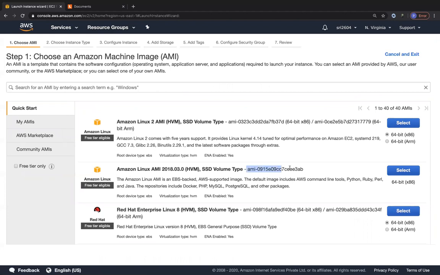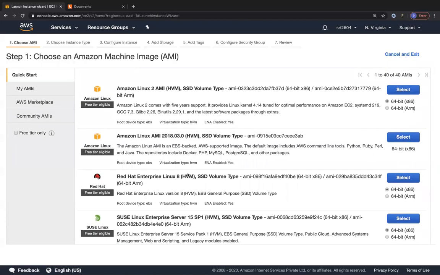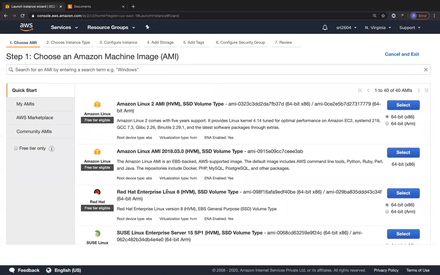So for this particular AMI, the catch to going ahead and modifying or increasing your volume is all that you need to do is do a restart for the EC2 instance, so that automatically the volume modification gets recognized by the operating system. But if you are going with some other operating system like Red Hat or SUSE Linux or Ubuntu Server and so on, or even CentOS, you will have to go ahead and execute certain commands, which is given in the AWS documentation, to go ahead and increase the size of your volume, and in order to go ahead and create a new partition from the increased volume size, and then also go ahead and extend the root volume, or probably increase additional volume that you have already allocated to that EC2 instance.